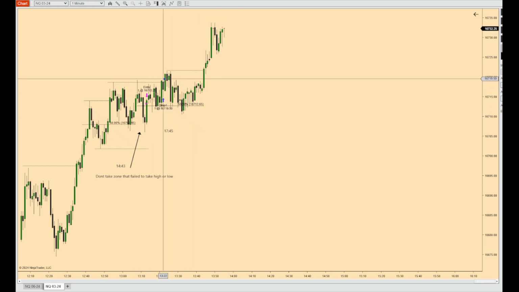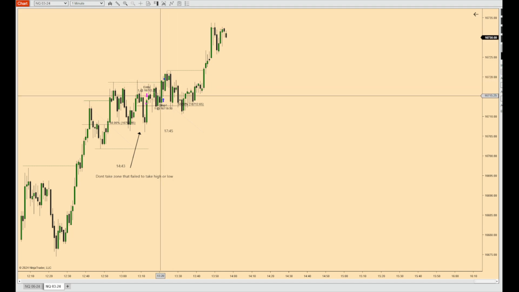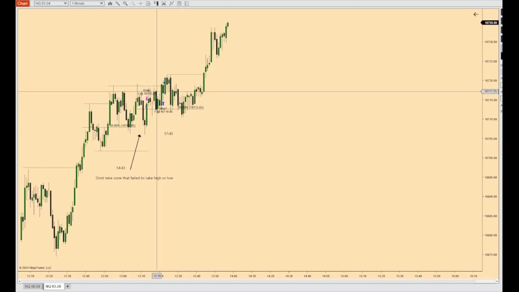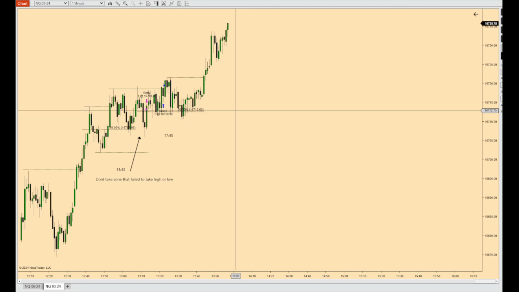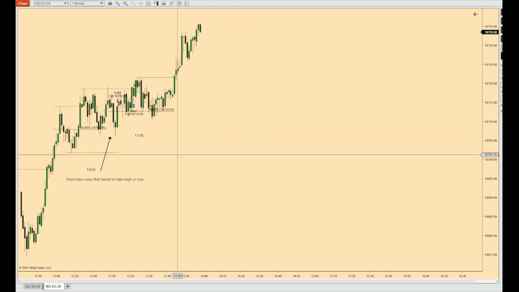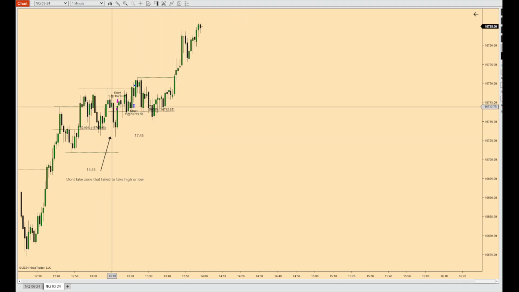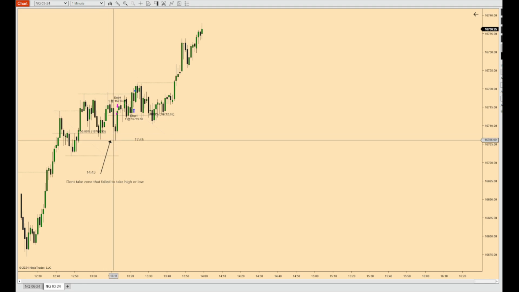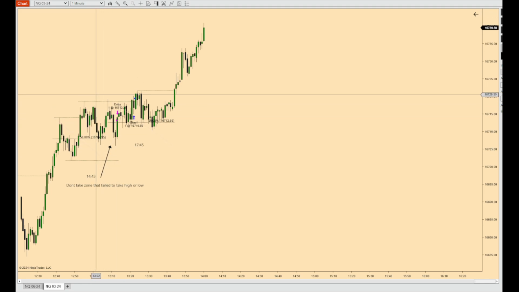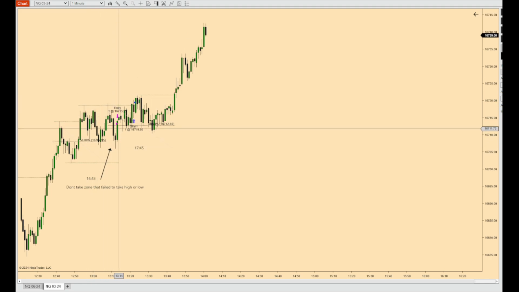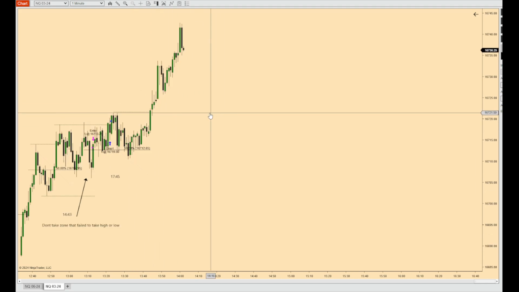And so once you train up and you get more advanced, you can start taking these scalps everywhere. But for the purposes of this backtesting, I'm supposed to be just taking the zones that I take. And this didn't even create a zone like that. But since I took this, I missed this. So